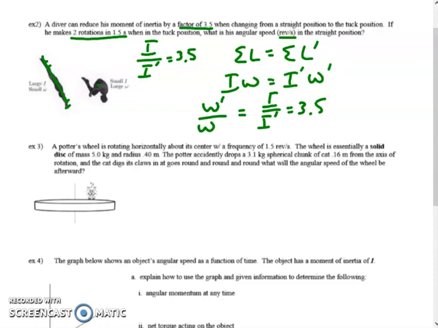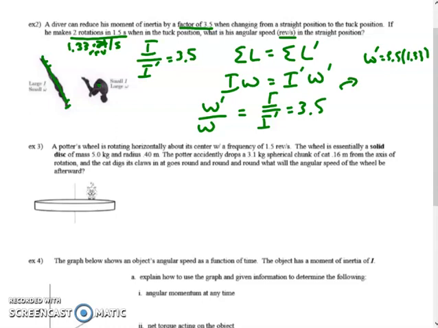So if the original one's 2.5 rotations in 1.5 seconds, which is an odd way of putting it, but I guess it is, that's 1.33 rotations per second, or revolutions per second. I'm going to translate that to revolutions. So if I want the new omega, that's simply going to be 3.5, that's an amount of change, multiplied by 1.33. Okay, giving us,